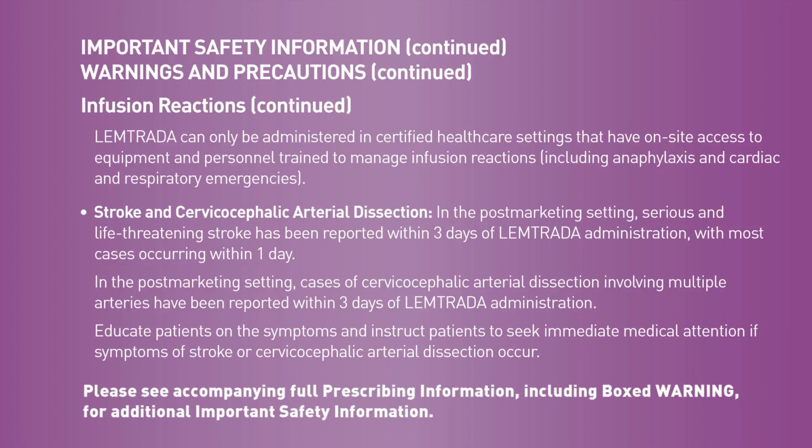Stroke and cervicocephalic arterial dissection. In the post-marketing setting, serious and life-threatening stroke has been reported within 3 days of Lemtrada administration, with most cases occurring within 1 day. In the post-marketing setting, cases of cervicocephalic arterial dissection involving multiple arteries have been reported within 3 days of Lemtrada administration. Educate patients on the symptoms and instruct patients to seek immediate medical attention if symptoms of stroke or cervicocephalic arterial